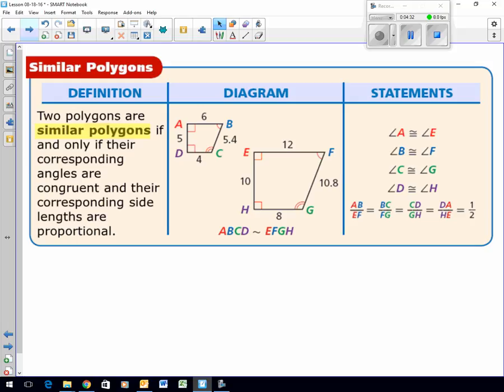A couple more seconds to write this down. All right. How do we know what's corresponding to what? Well, we got colors here. A, B, C, D, E, F, G, H. Notice how A and E are corresponding, B and F are corresponding, C and G are corresponding, D and H are corresponding. Match up, letter for letter. Slot 1, slot 1, slot